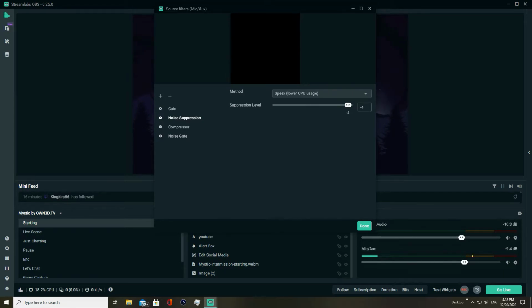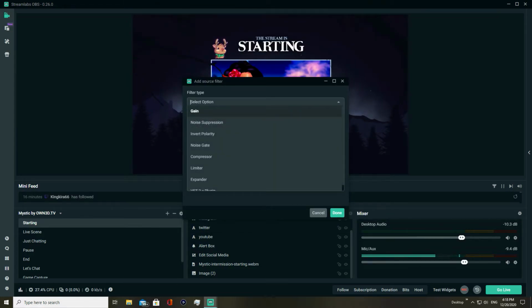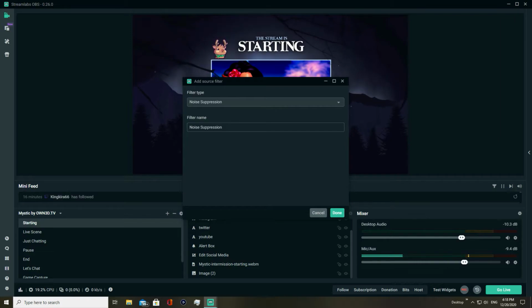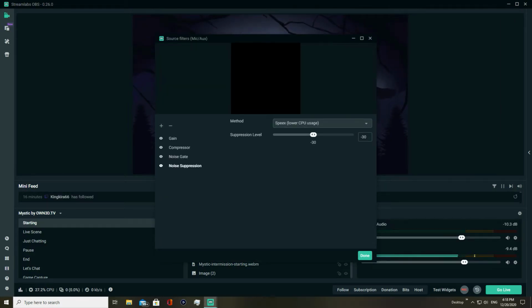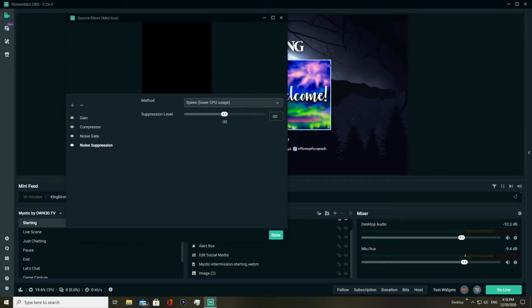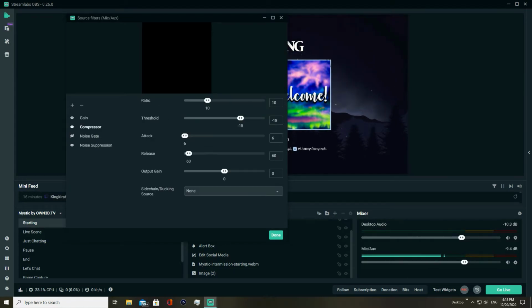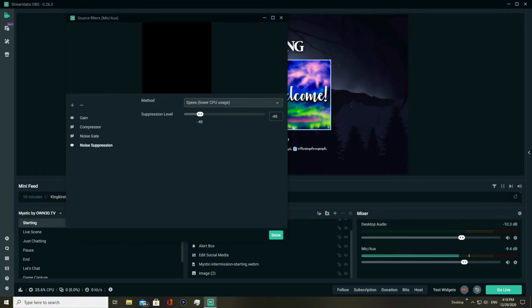Now I have this set pretty low actually. So I'm actually going to get rid of this really quick and see what the standard is for noise suppression. Let's go over here, noise suppression. So this is set to -30. This actually might be way too heavy for most people. So if we move this over here and we turn this down to like -60, let's disable this. And if we go back to noise suppression,